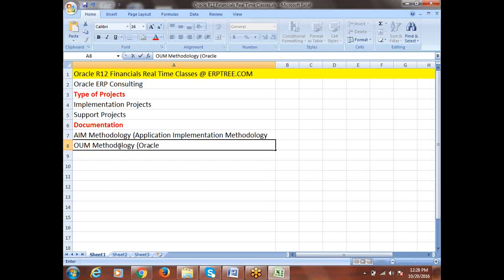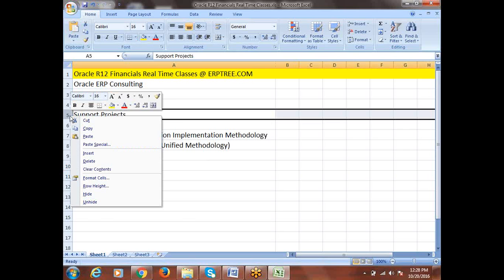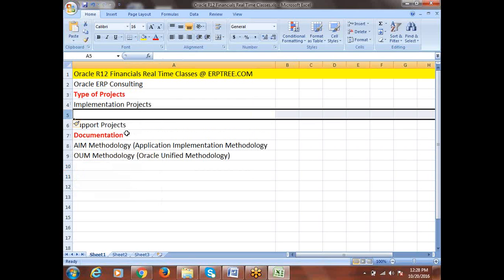OUM stands for Oracle Unified Methodology. Let me add those types also, so that you have some idea before we start with that.